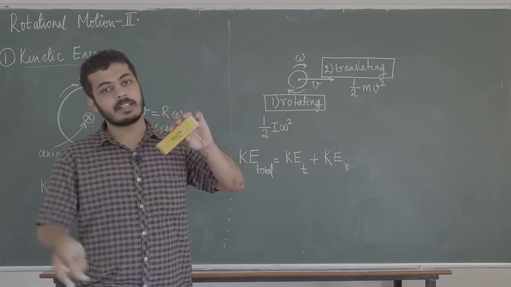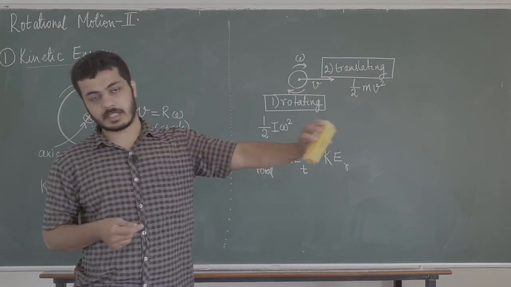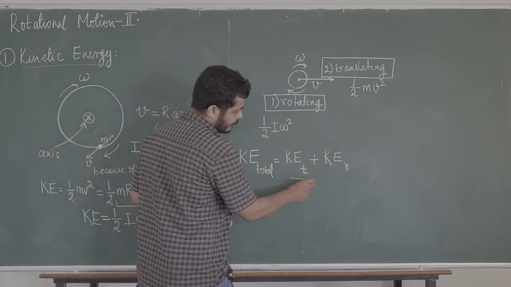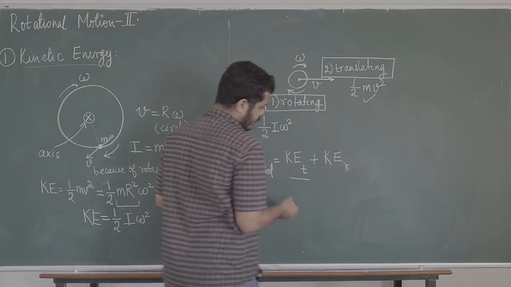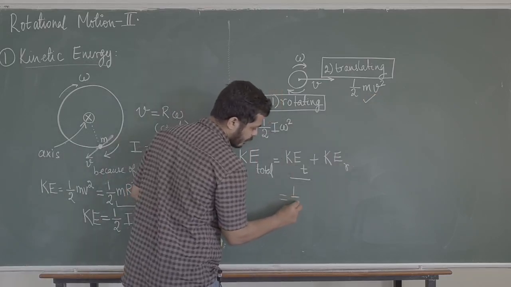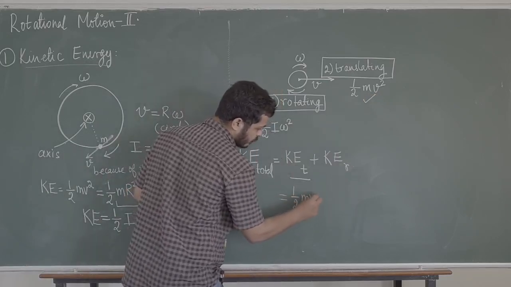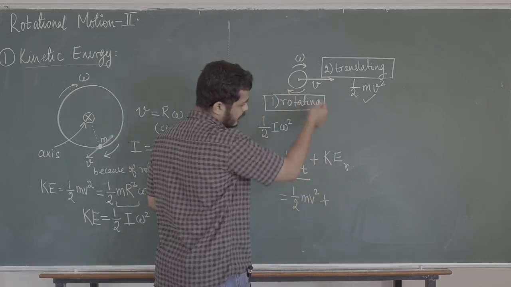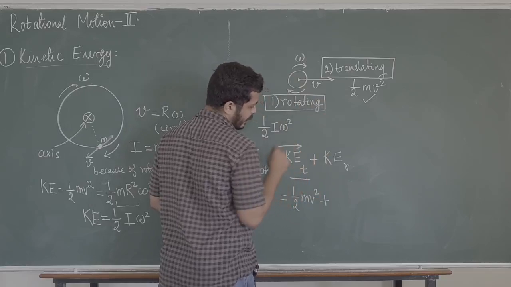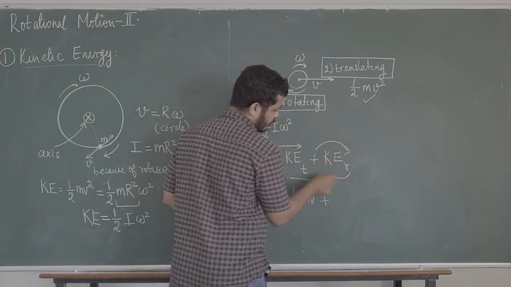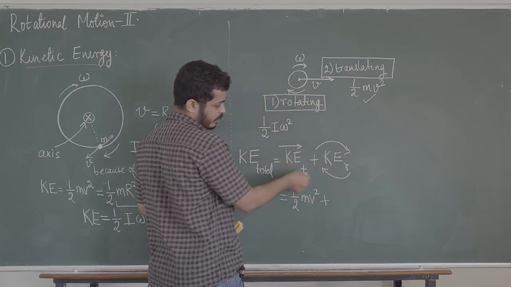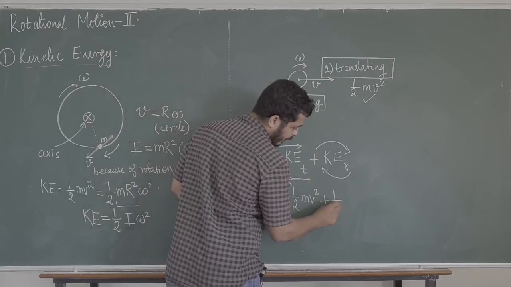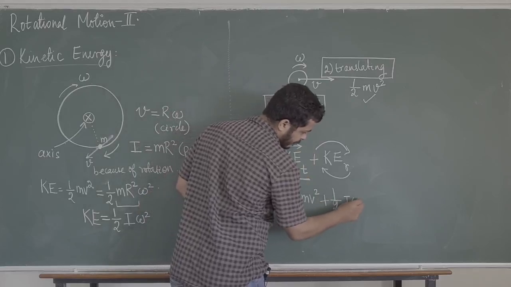There are two kinetic energies. There is a kinetic energy of translation, straight line motion. So you will write it as KET, it just depends upon the velocity. So you can directly write half mv square. In addition to that, it also can have a rotational kinetic energy. So this one is because of straight line motion and this one is because of rotational motion. It's not a vector. I have just written it because of straight line motion and because of rotation. So this will be half I omega square.